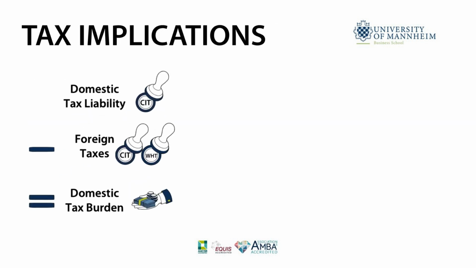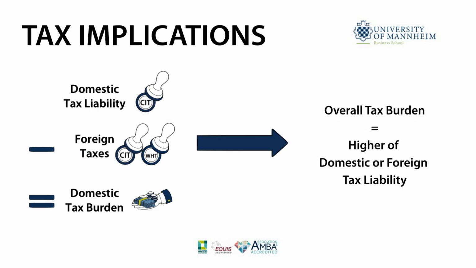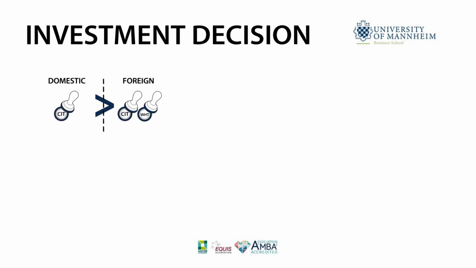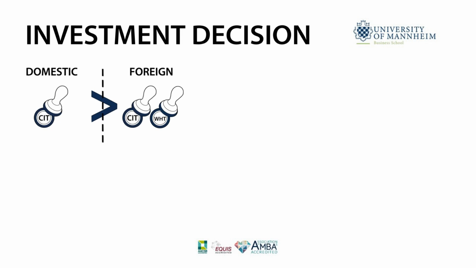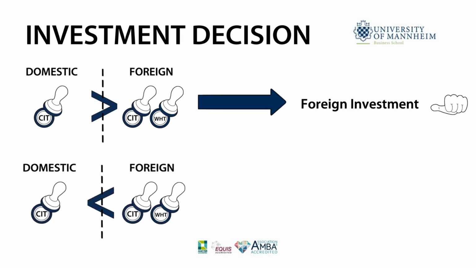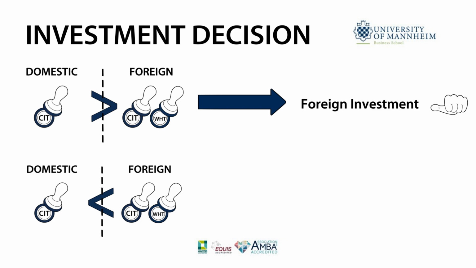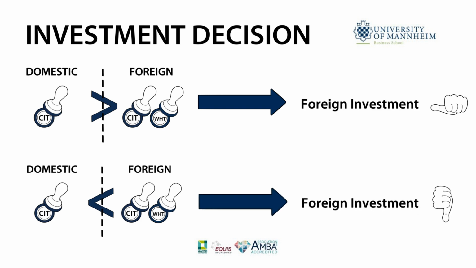Since taxpayers can offset the foreign taxes against the domestic tax liability, the higher of both tax liabilities determines the overall tax burden. Thus, even if domestic taxes paid are higher than the foreign tax liability, the foreign investment is not tax advantageous. In contrast, if the domestic tax liability is lower, a foreign investment is less tax efficient, as excess foreign tax